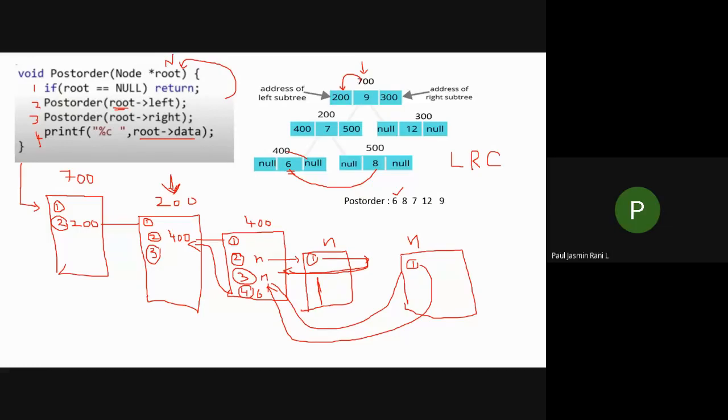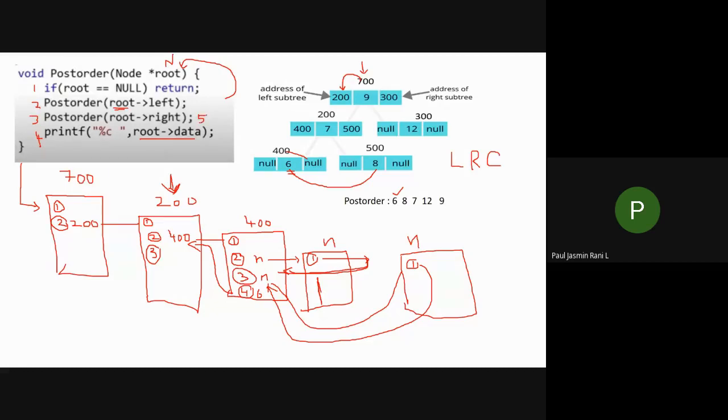Now I have not done root of right. So now you are in the third statement. What is the current root address? You have not executed the third statement. Before executing the third statement, what will be your root address? I'm asking, what is the root address? 200. Yes, your root address is good. Root address is 200. When I execute this statement, root of right, you will get the answer as 500.